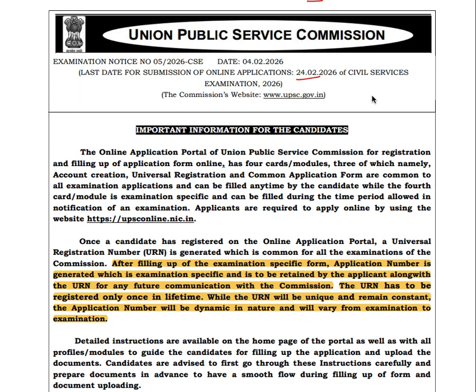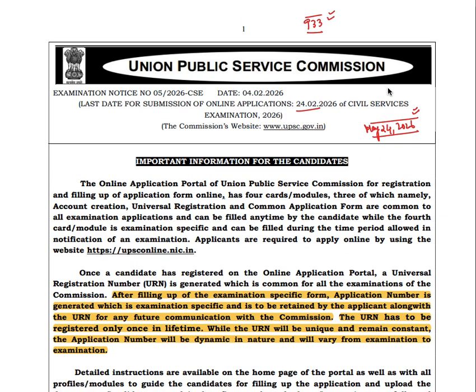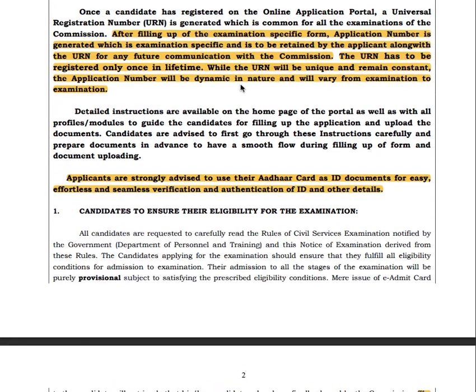So the date for this year's examination is May 24th, 2026. That is the UPSC preliminary examination date which UPSC has declared through this notification, and the total vacancy is 933, students. And along with that, the procedure for applying for the examination this year has been made very new. So candidates have to visit the website